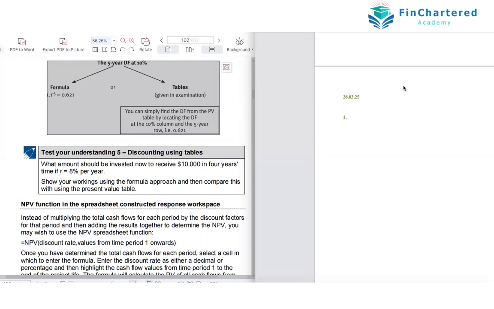Yashika has given me the answer for test your understanding 5. Kittu, you're slow. You need to pick up. People are giving me answers in private. Oh, okay, your internet is slow. Anjana also has given me the answer by direct message. This is not an annuity. This is a normal cash flow that we are getting. 10,000. Again, I think you are struggling with opening your discount factor table.